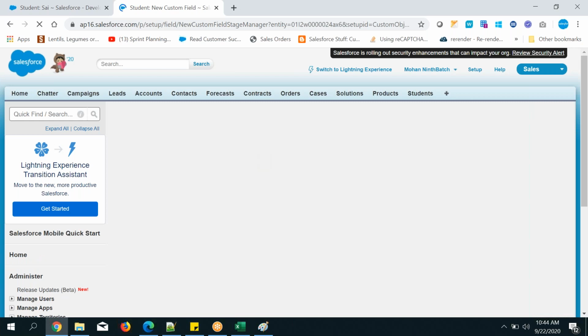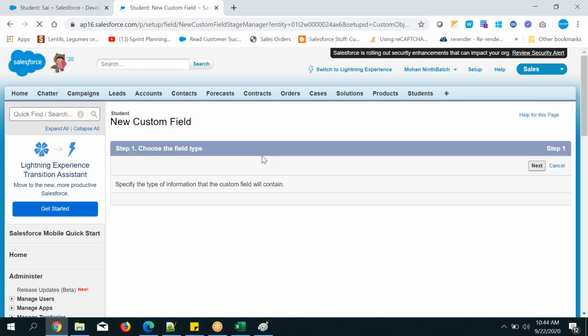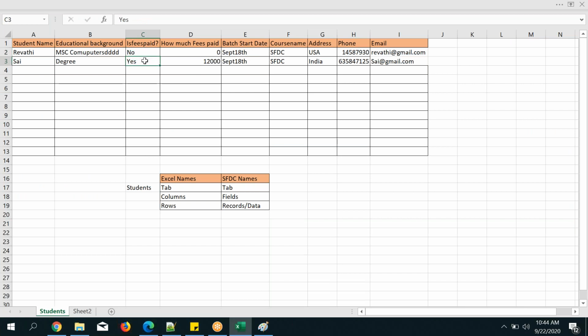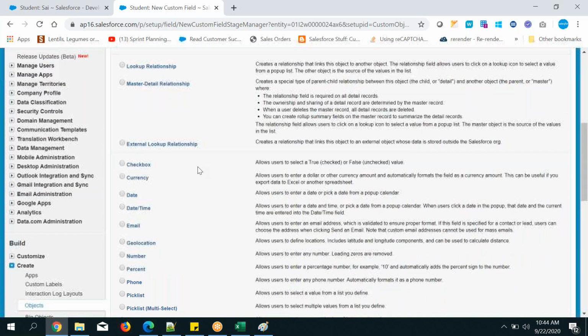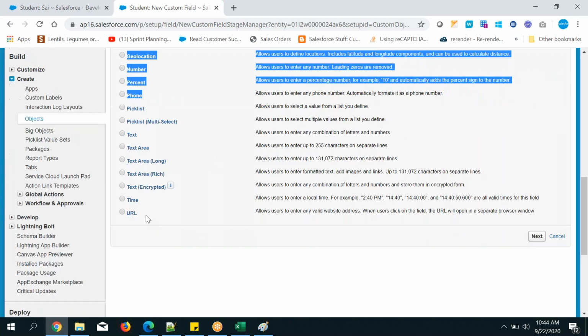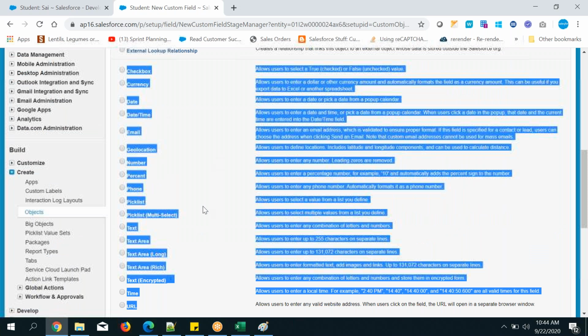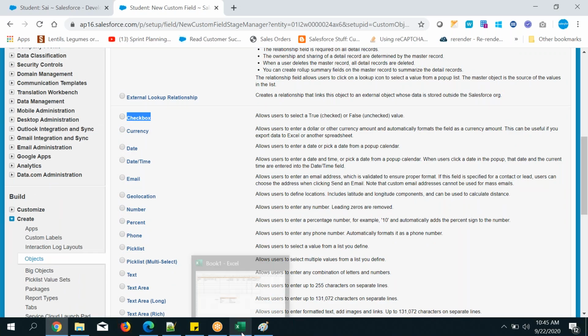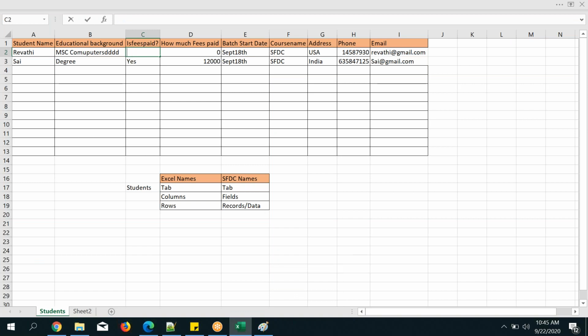Yeah, it is loading. Data type. Now, by creating the field, what type of data are you entering, right? Based on that, you need to select the data type. What type of data is this one? True or false, yes or no kind of thing.